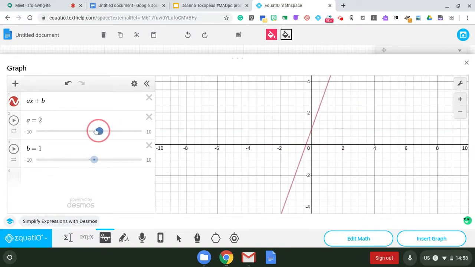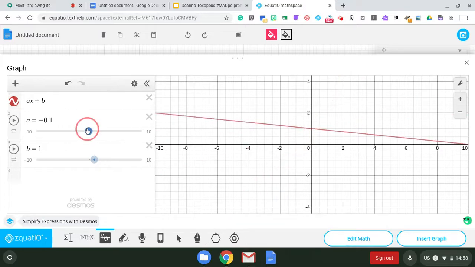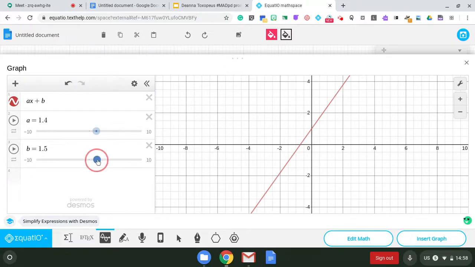Okay, and it sees that the slope changes, but the position on our Cartesian plane does not change. But if I click on this, the kids see that the slope doesn't change, but it is in fact the position, the starting point on the y-axis of this graph, that changes. And this is something you could then demonstrate in a lesson online to your kids, because I'm sharing my screen via Meet. All the kids can see this. You could even lead the kids through how to do this and then have them play with it themselves offline,